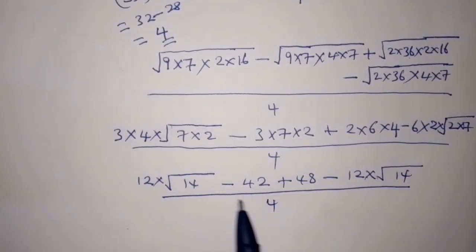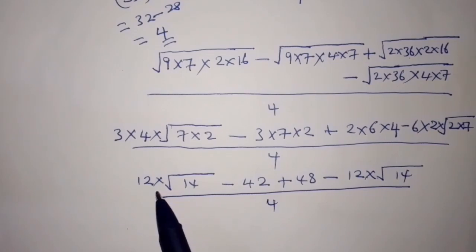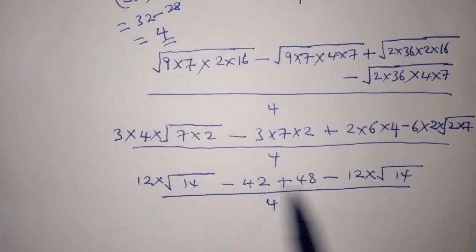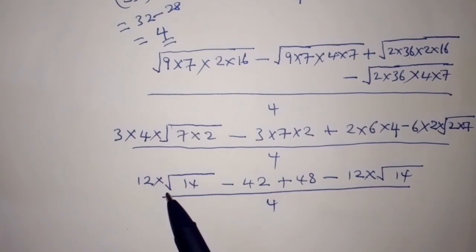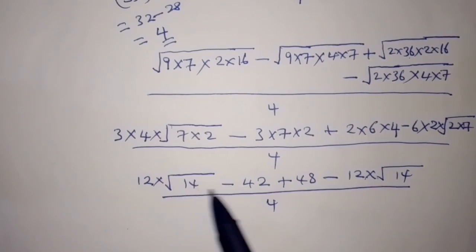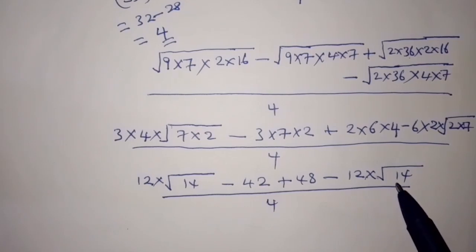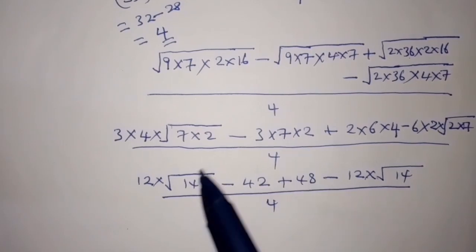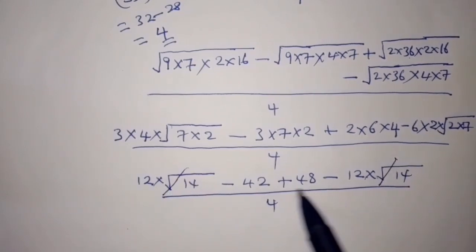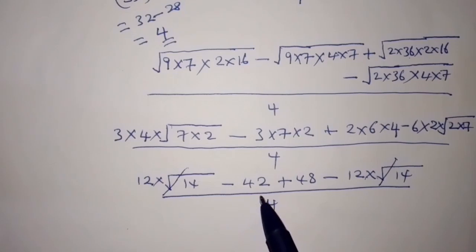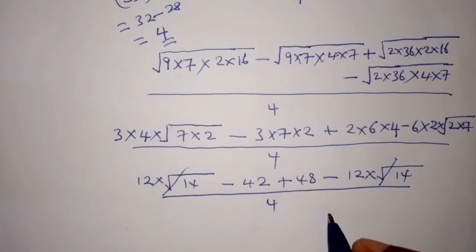So from here you can see that 12 times square root of 14 and 12 times square root of 14 are equal. So we can say that 12 times square root of 14 minus 12 times square root of 14 is going to give us 0. So it is going to cancel this one here. So now we remain here with negative 42 plus 48, which is giving us a positive